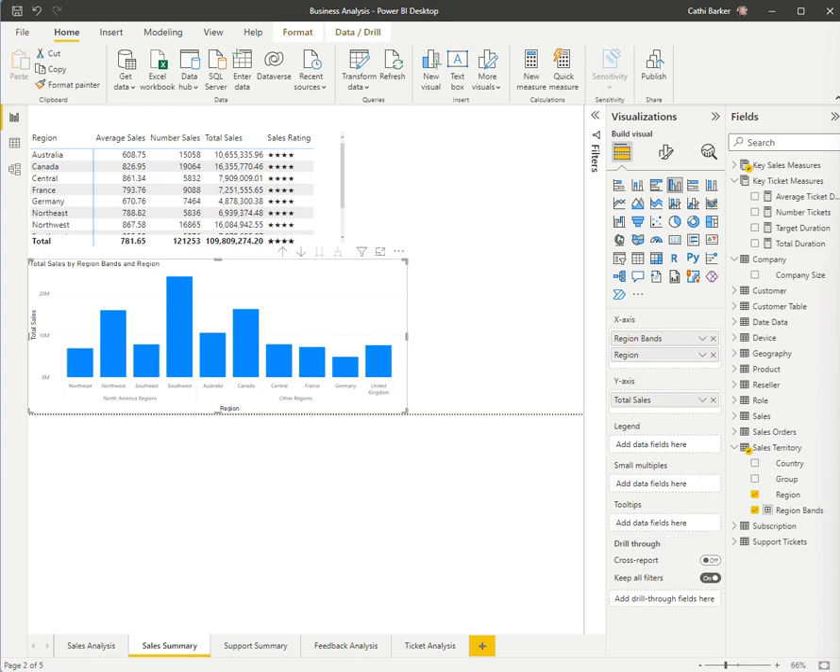One of the most powerful features in Power BI is its ability to drill. When we created the sales summary page earlier, we created a clustered column and we grouped certain regions into North America and other regions into other regions, and they were called region bands, and we did that in the sales territory query. What I want to show you are the drill buttons, which are up here in the top right